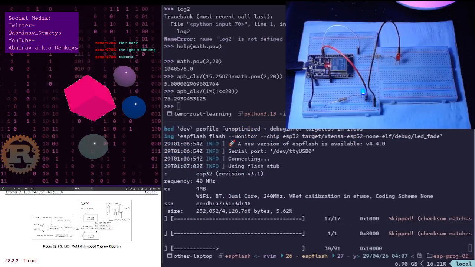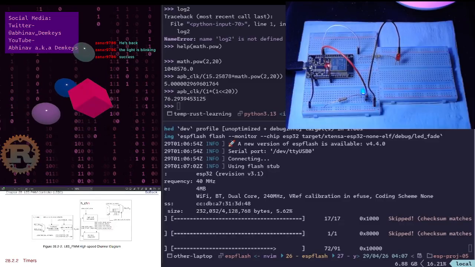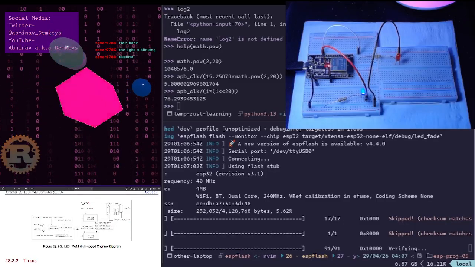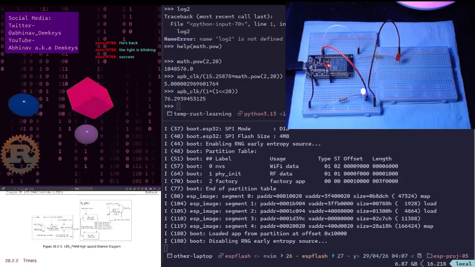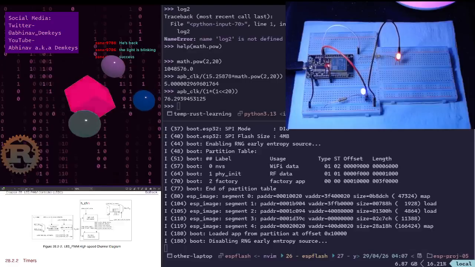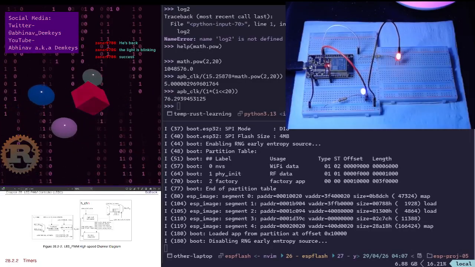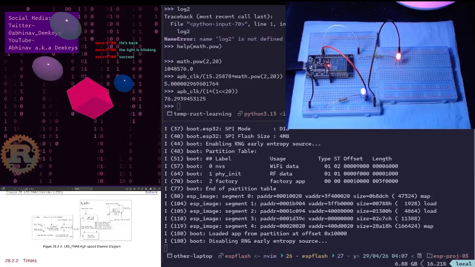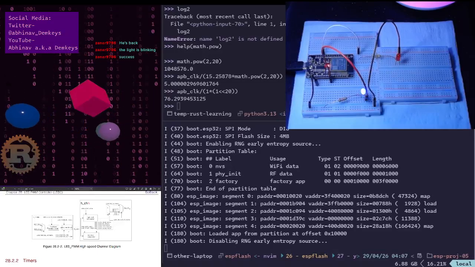76, yeah, that's our divider. That's going to fit in, and yeah, there it is. So this is literally PWM. This is only PWM. We are not toggling the GPIO pin on or off. We have just configured PWM on one of the pins, and then we are playing around with the timer and